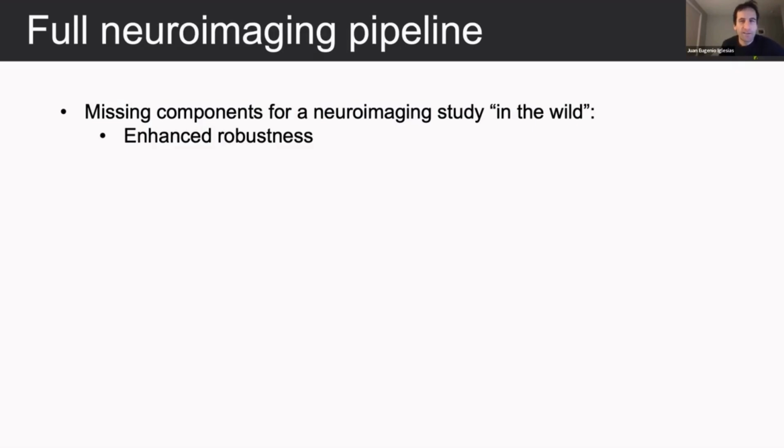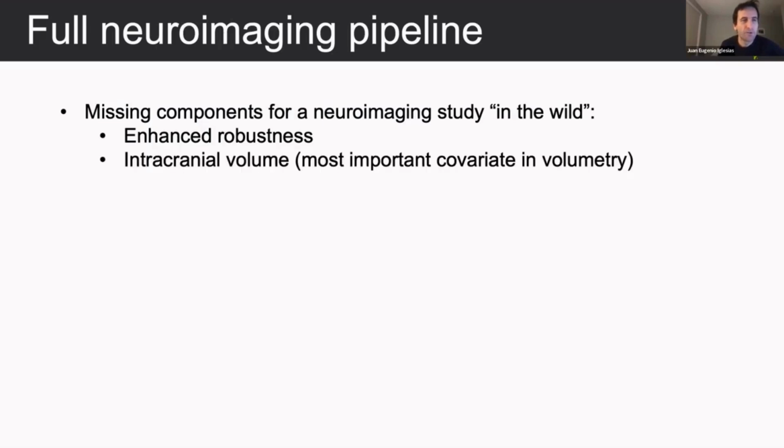Also, we realized we were silly enough not to have a way of computing the intracranial volume, which is the single most important covariate in volumetry. So if my head is twice as big as yours, my hippocampus is expected to be twice as big, right? If you don't account for that, you have a big